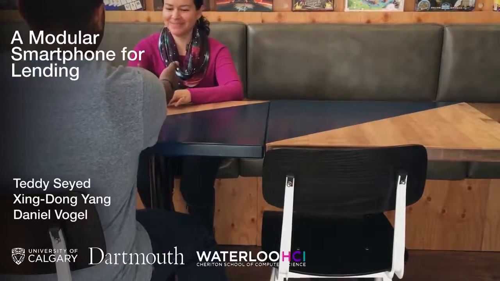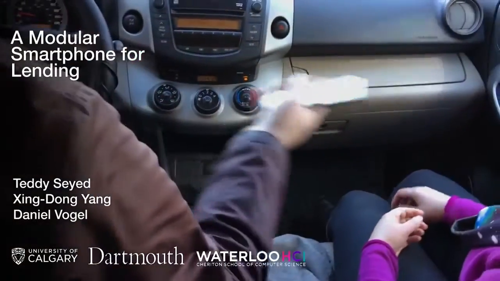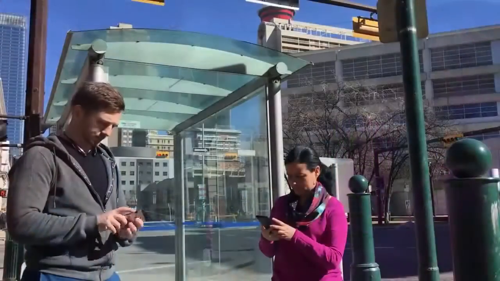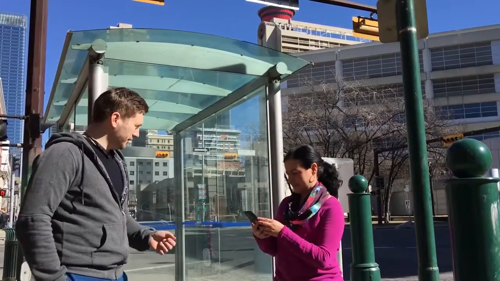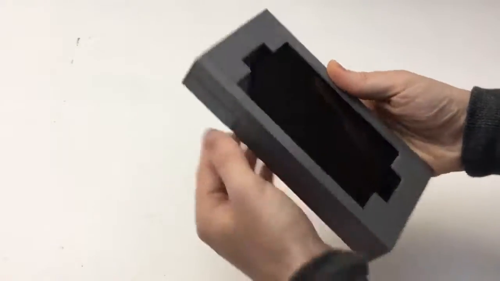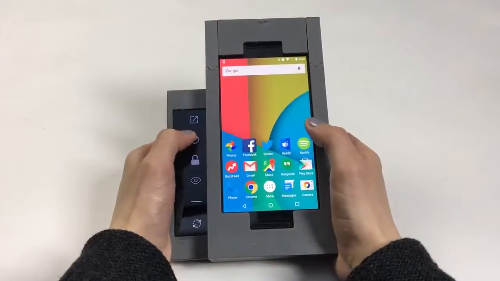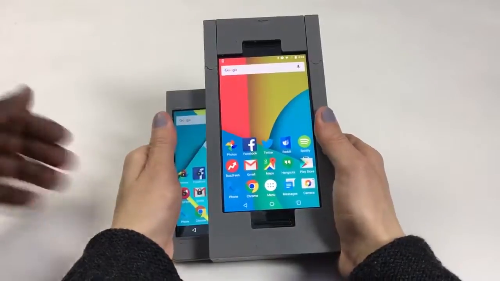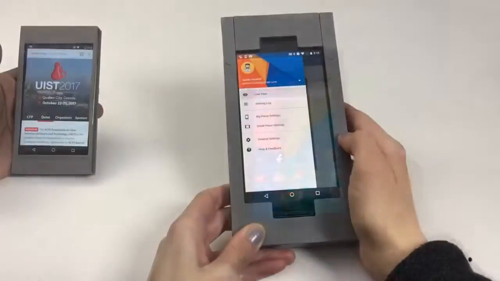People sometimes lend their phones to their child, their friends, and even to strangers. To make this kind of temporary lending more trustworthy and convenient, we created a modular smartphone built for lending. The concept is that the phone can be separated, so one piece can be lent while the owner retains another